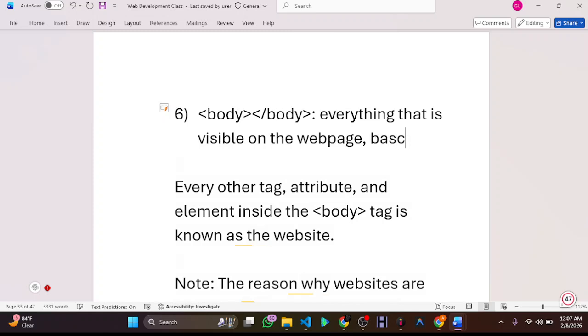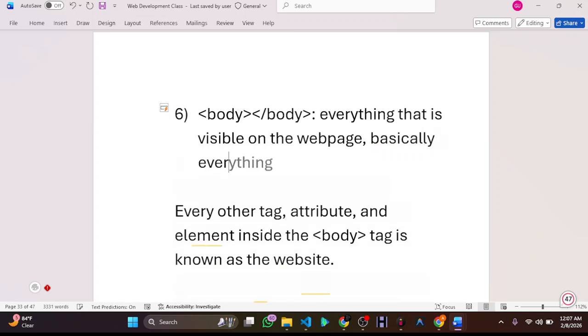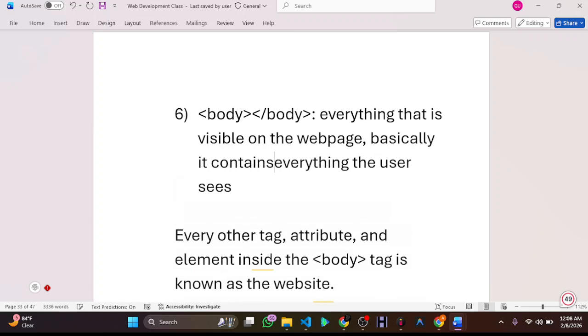Basically, everything the user sees goes inside the body. So it contains everything the user sees. This includes